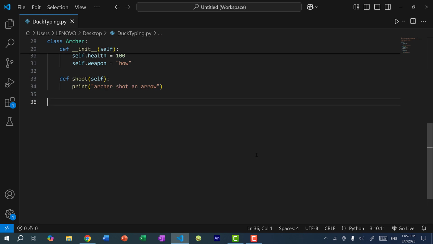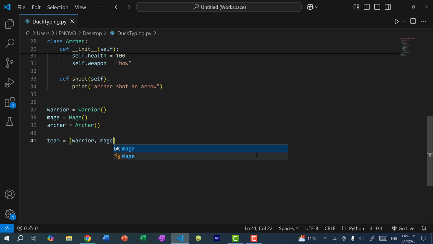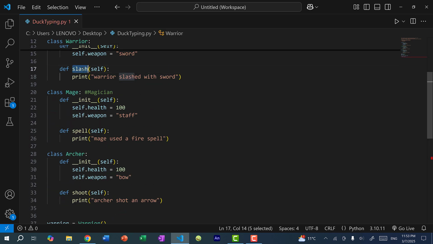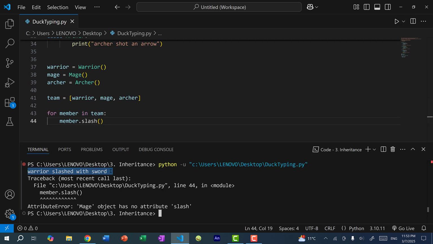So let's create an instance of each class. So warrior is equal to Warrior, mage is equal to Mage, and then archer is equal to Archer. And let's add them all on the same team. So team, we're going to use a list, and I'll do warrior, mage, and archer. And let's say we're battling an enemy, so we want all of our characters to use their weapons. So I'll do for member in team. The first member is a warrior, and the warrior can slash. So I'm going to do member.slash. Now if I save and run the program, you can see warrior slashed with sword, and then we get